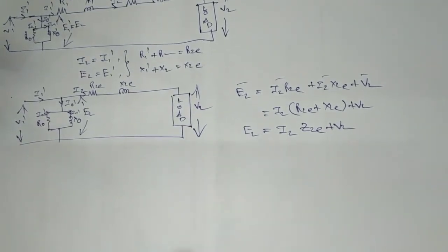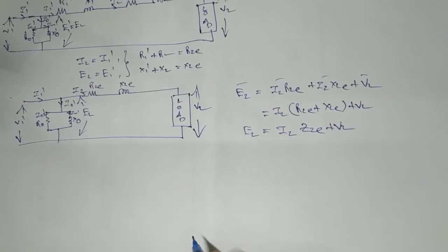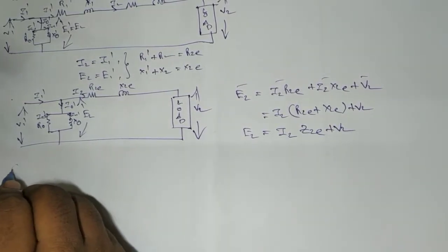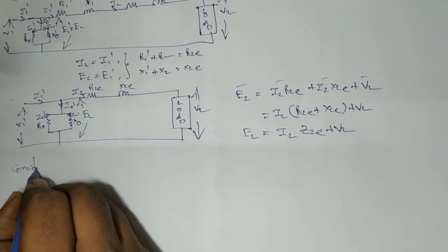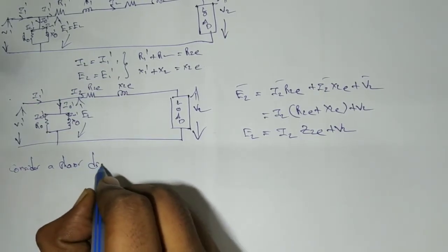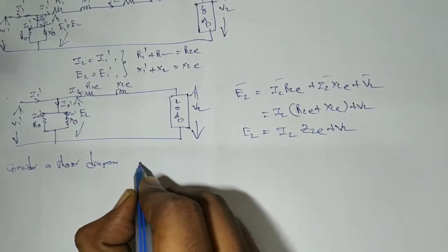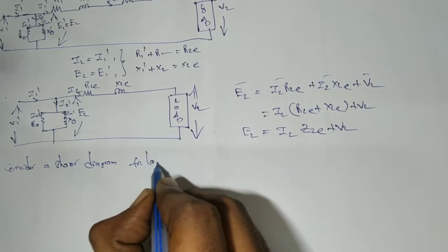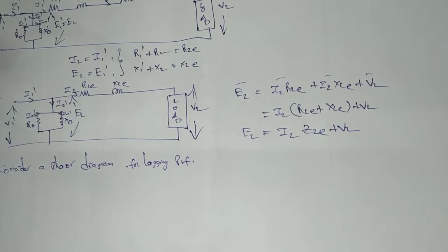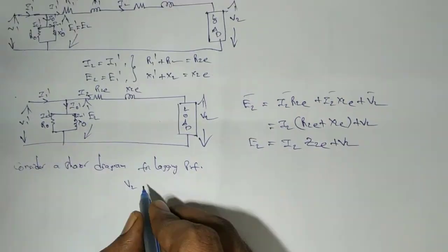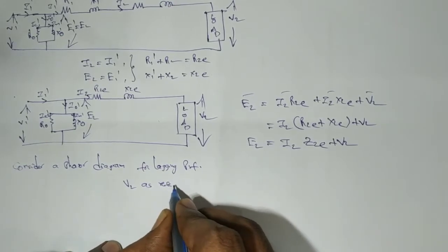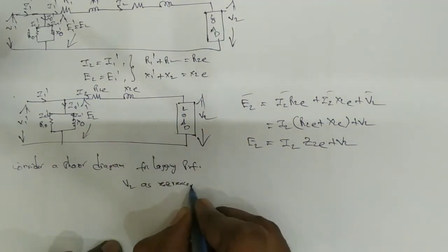So for this, let us draw a phasor diagram. In this phasor diagram, V2 should be taken as the reference and we consider a lagging power factor, because most of the loads are inductive in nature. Inductance will always have a lagging power factor. So current lags voltage. So let us consider a lagging power factor. It is not compulsory, we can also consider leading. But in most cases, loads are lagging because they are inductive in nature.